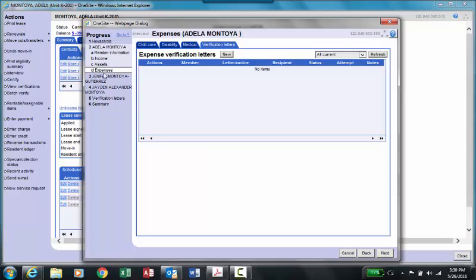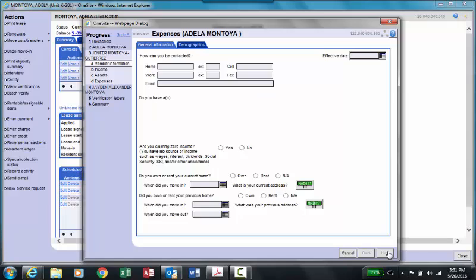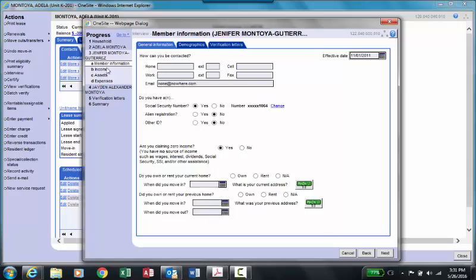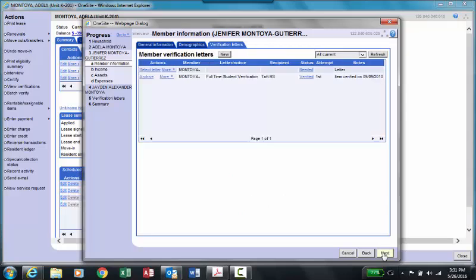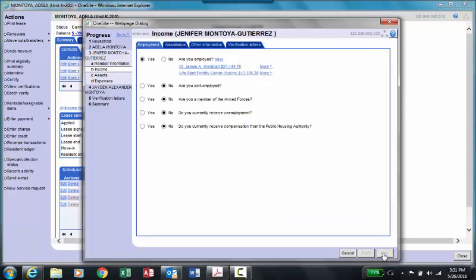As I mentioned, every section has a Verification Letters tab. If there's any to print, or if you need to create one, you can do that. And you can always do it at the end. I'm going to follow the same steps for each member in the family. So for time's sake, I'm not going to go through all of this because I think you guys have heard my voice enough. So I'm going to quickly just go through each step